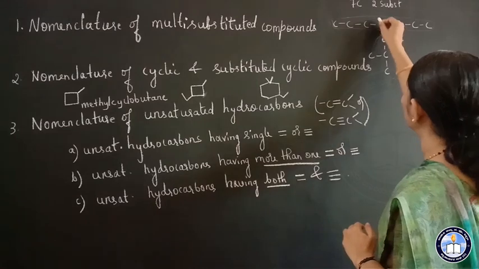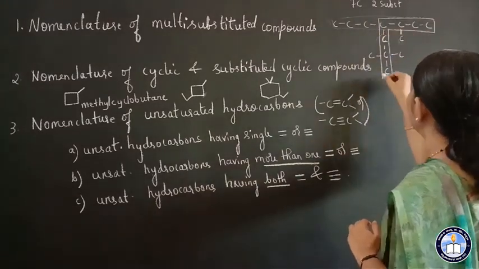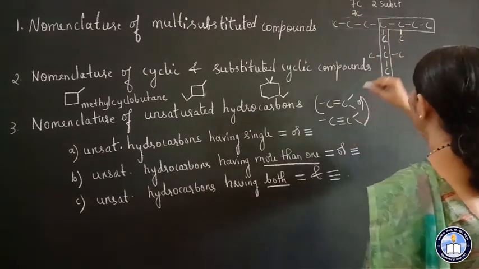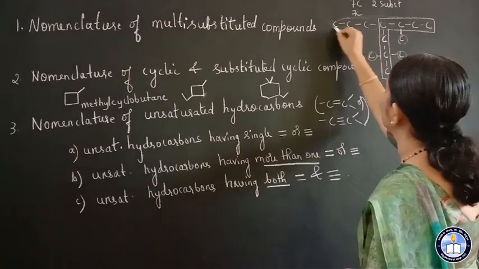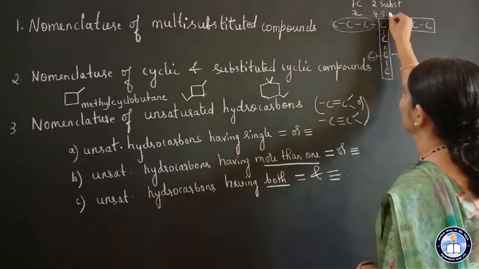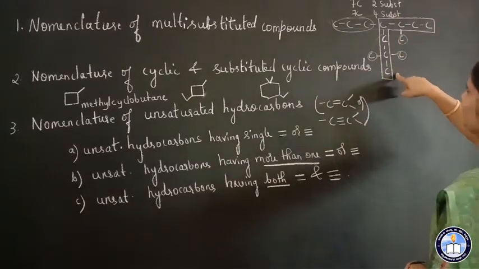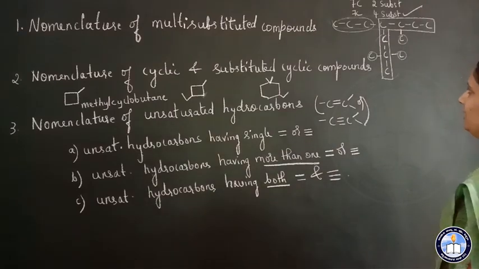Now if you select the chain in this way, so same number of carbon atoms, 7 carbon atoms, but the substituents, you have got 4 substituents. So now which one you have to select as the parent chain? The second option. This has to be selected as the parent chain.